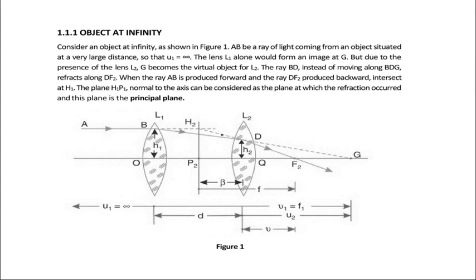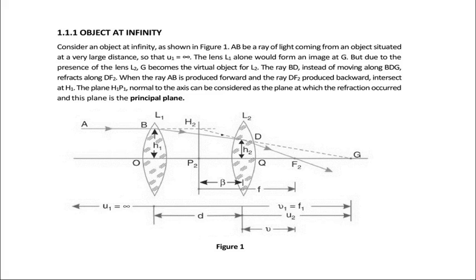Carefully observe the diagram. Consider an object at infinity as shown in figure 1. AB be a ray of light coming from an object situated at a very large distance so that u1 is equal to infinity. The lens L1 alone would form an image at G, but due to the presence of the lens L2, G becomes the virtual object for L2. The ray BD, instead of moving along BDG,